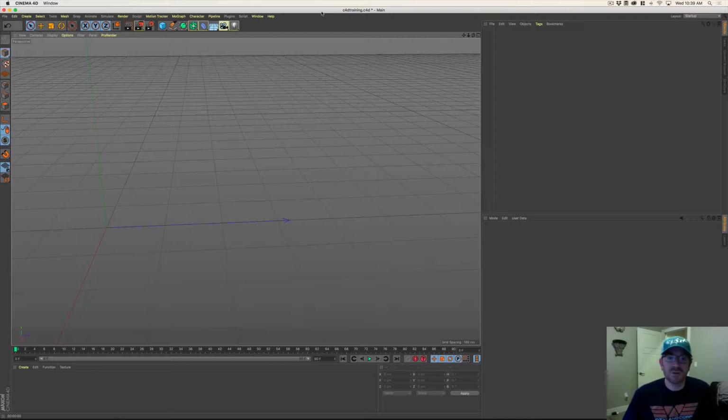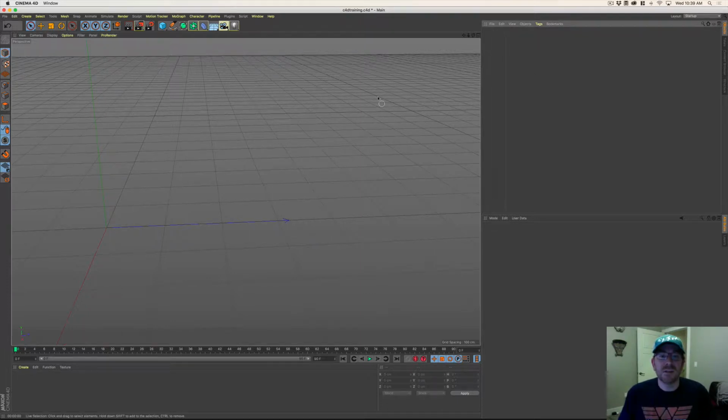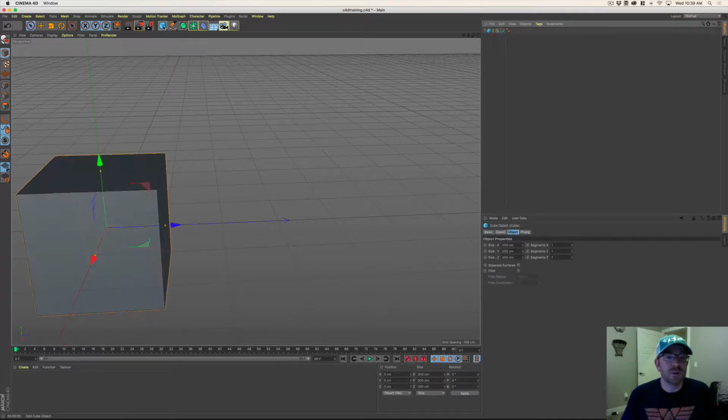Okay, we are going to create a little scene now using some primitives and modifying the object and making sure that we're keeping our object manager clean. And I'm going to show you some other techniques of how to keep things organized. But we're going to build a scene now. All right, so let's start with a primitive, the cube. We're going to create a little